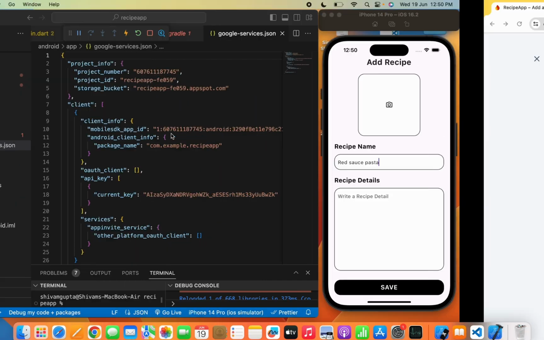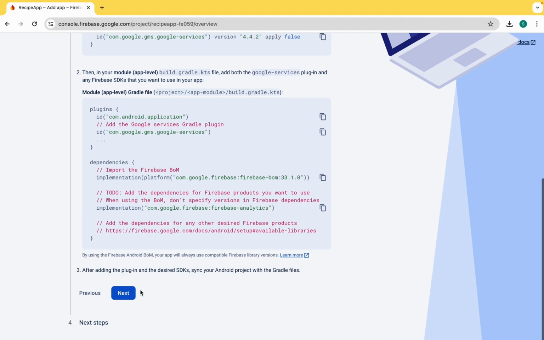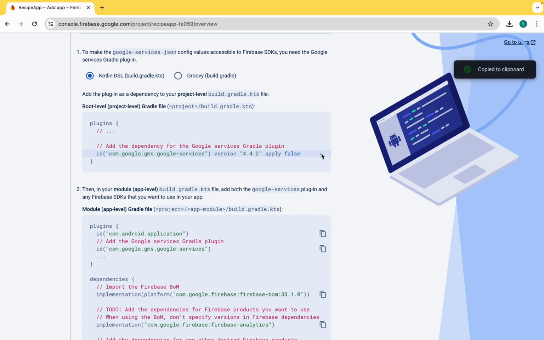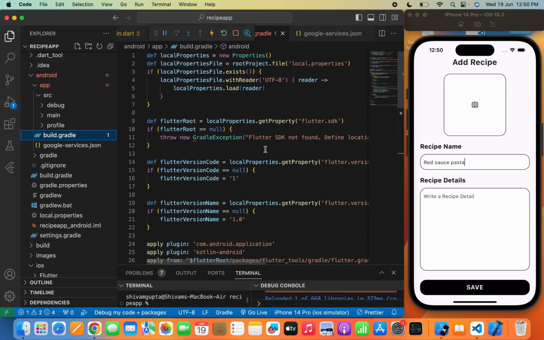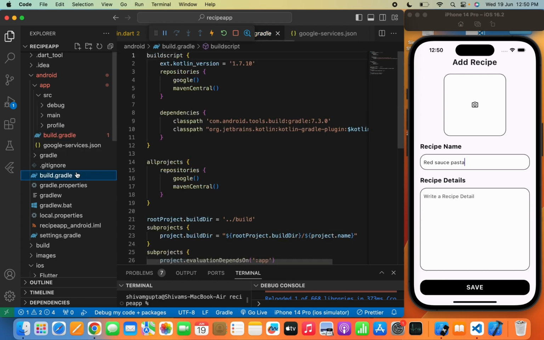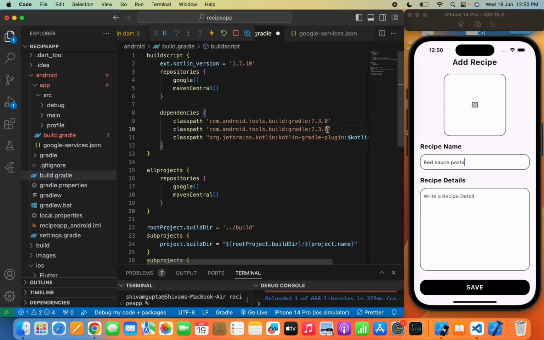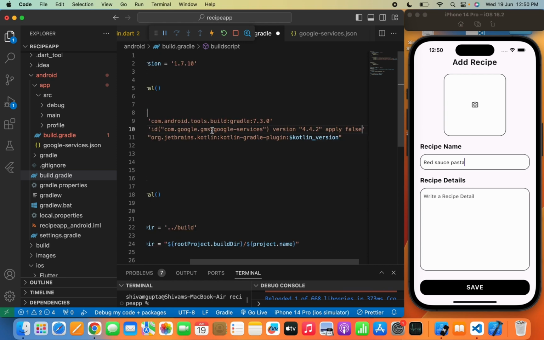So here it is. Now after that we'll click on next, and we need to copy this plugin, and we'll move to the build.gradle and paste it in the class path. So I will paste it in the class path, and do not skip any of the process while I'm connecting the app with